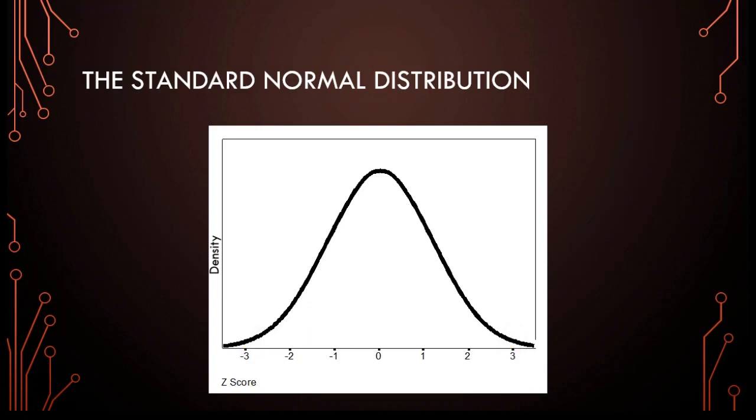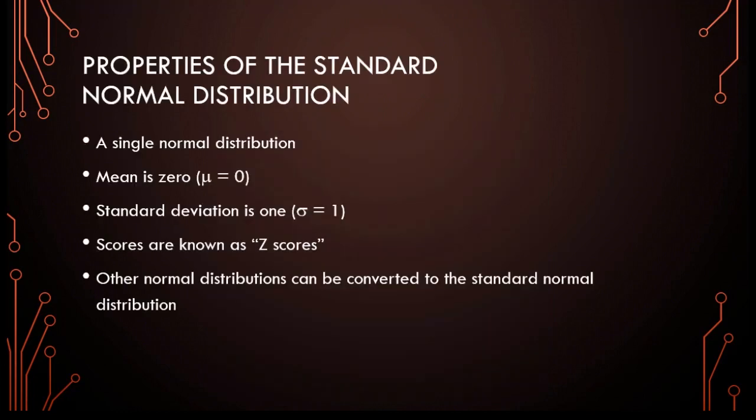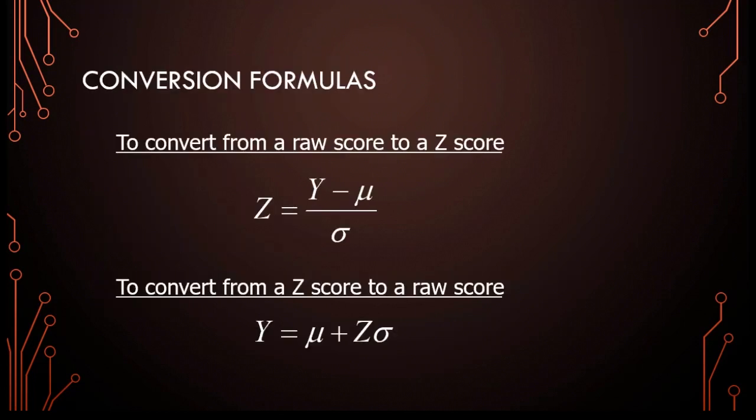Indeed! If we want to convert scores that are normally distributed so that they will have the distribution of a standard normal distribution of scores, we can do so. All we need to do is convert from the original scores, that is the raw scores, to a z-score. Here are the conversion formulas to convert the raw score to a z-score, or vice versa. To convert to a z-score, we simply find the deviation of the score from the mean, then convert that to standard deviation units by dividing by the standard deviation. Let's try it.